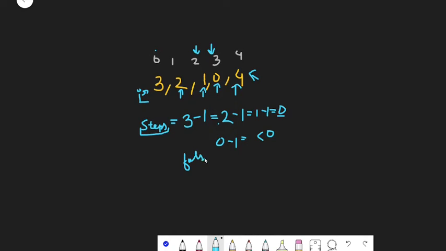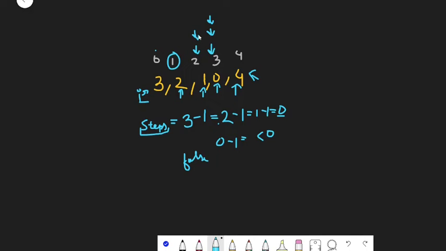Now why are we going to return false? So let's see. From 3, the maximum index we can go to is this index. That's the maximum jump we can take from index 0. From index 1, the maximum jump we can take again is index 3.